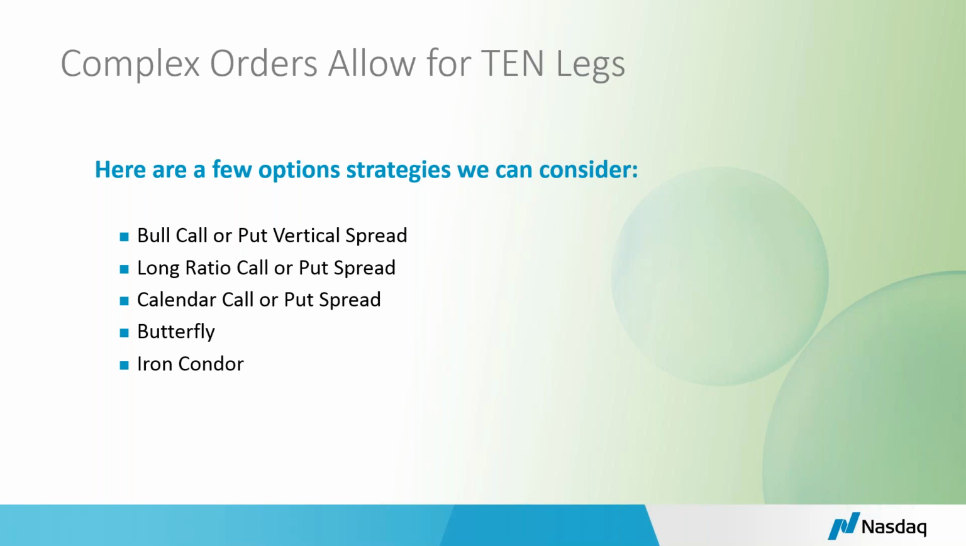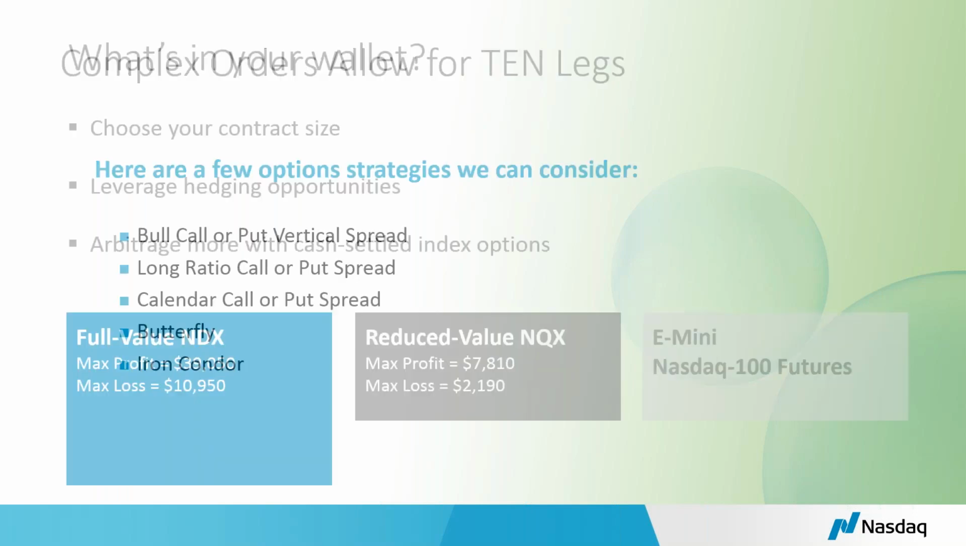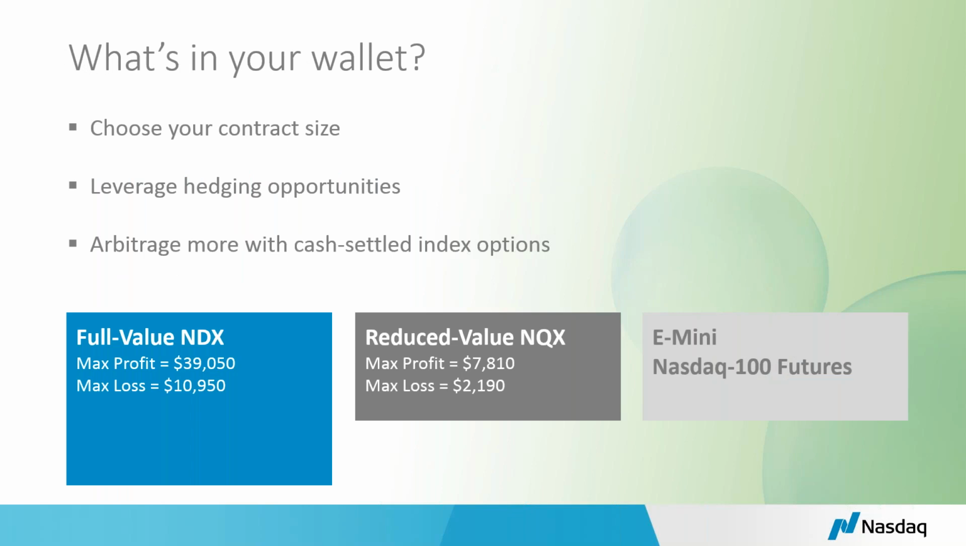But does that risk appetite have a parallel that can be quantified? And that answer is yes. So what we like to say in terms of going to essentially a summary is, what's in your wallet when it comes to trading? You have different choices, using the full value NDX options product or the reduced value NQX options product. Obviously, you can choose your contract size. So just focusing your eyes in the center of the screen where it says reduced value NDX options,